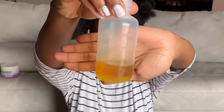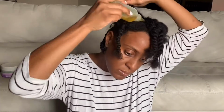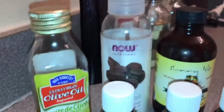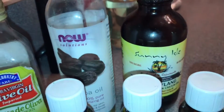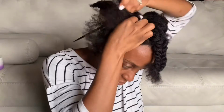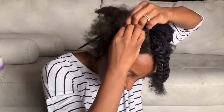Alright, so now that all my sections are complete that I want to have my foundation natural hair showing, I'm going in with my oil applicator. This is all the oils that are in that applicator as of right now. So you can see the Ylang, the jojoba oil, the olive oil, and all the essential oils with some beautiful smells to it. I'm just using that to kind of prep my hair,